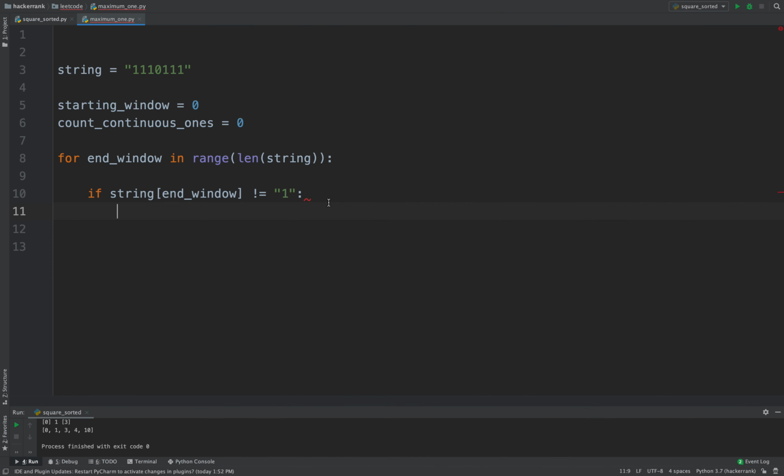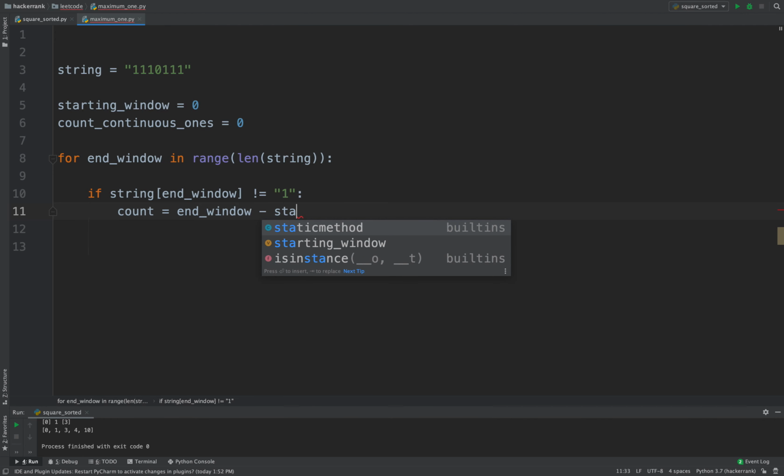Okay, that would be our count of number of ones. So internally, that is the count for number of points in that window. So here it would be end window minus start window.